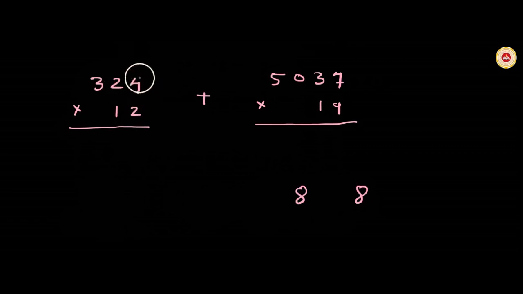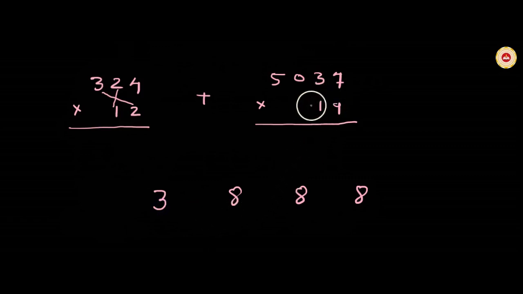Now it is time to exclude units place digit in the multiplicand and consider these two higher place digits, 2 and 3, and 2 digits in multiplier, that means 2 and 1. So multiplying crosswise, second column and third column, 2 3s are 6 plus 1 2s are 2, that means 8. Write 8 here. Now friends, exclude this second column and consider third column. 1 3s are 3. So we have written answer in 4 parts.